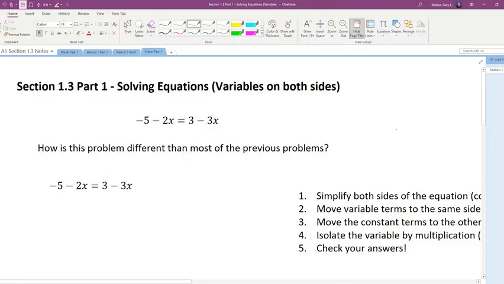In this video, we're going to start section 1.3, part 1. We're going to continue our work with solving equations, but this time we're going to be looking at equations that have variables on both sides. And so we're just going to add one little element to our plan here. If we look at this first example, negative 5 minus 2x equals 3 minus 3x,